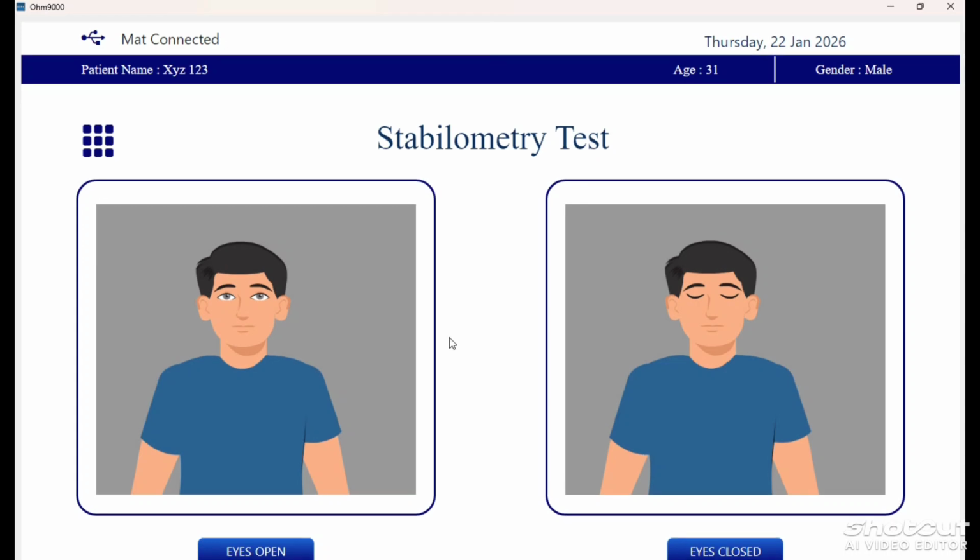We need to perform this test in two phases. One is eyes open, and the second one is eyes closed. First click on eyes open.